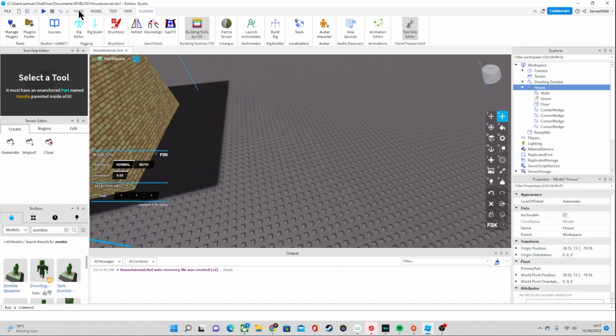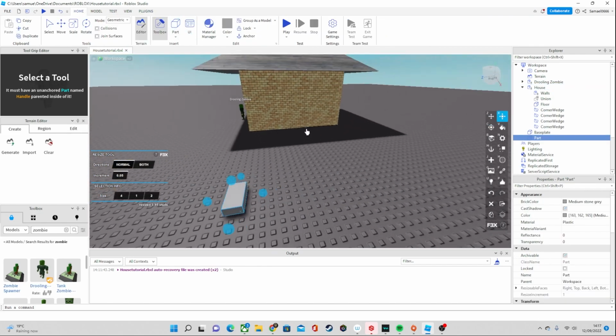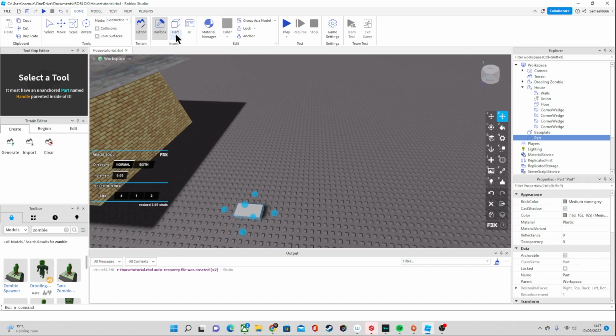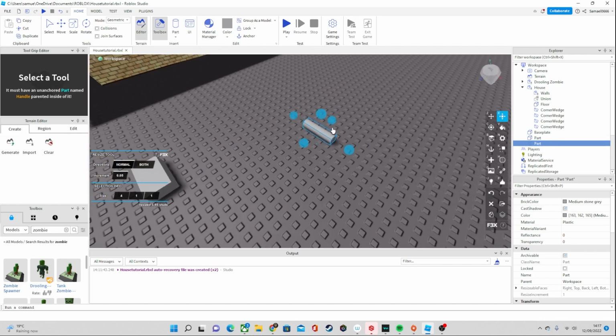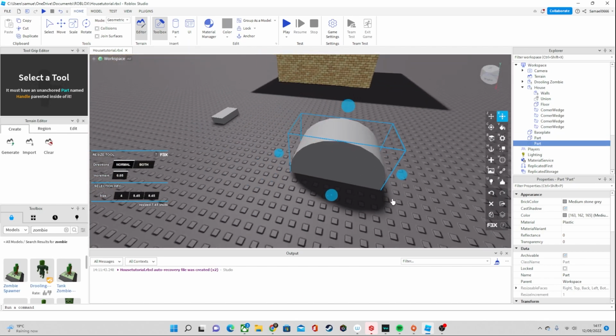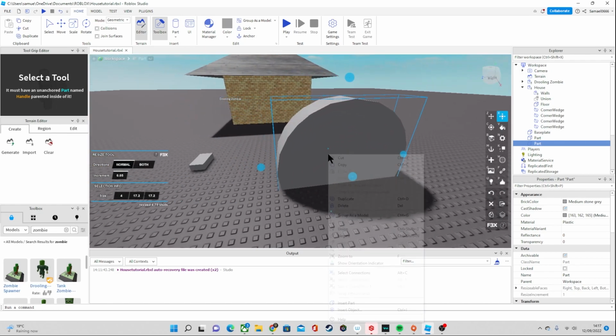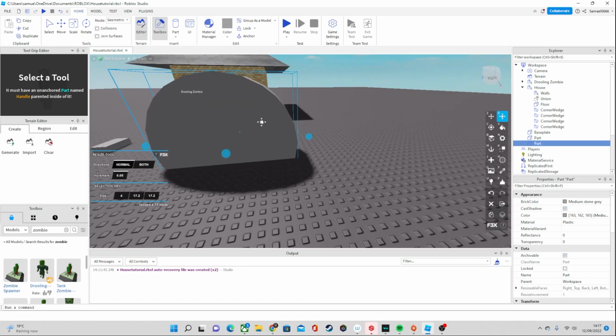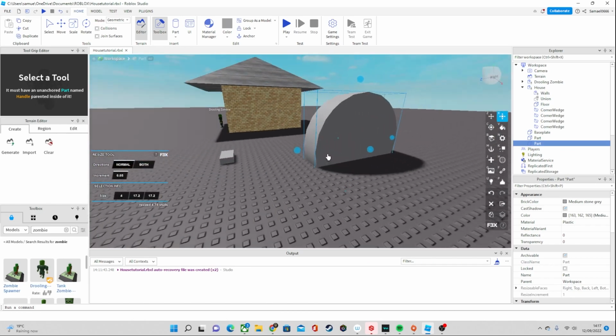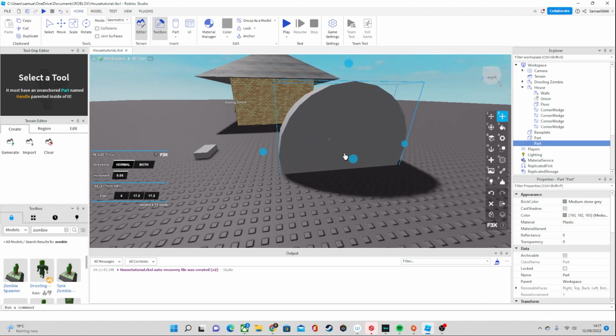So as we made before, we will go into part, and now we've made the part. Let's make a more detailed window instead, actually. So what we're going to do is we're going to get nice and fancy this time. We're going to create this. Now, obviously, we don't want this window to be completely looking like this, right? I hope this works because this works in a lot of software, but if it doesn't work in Roblox,